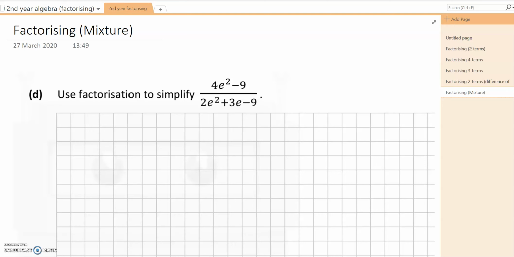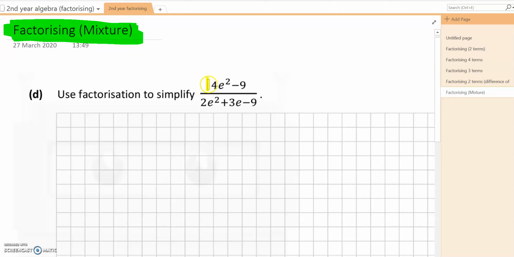In this video, we're going to take a look at factorizing using all the different methods we've already looked at, but maybe one or two of them in the same question. So there's a mixture of the different types of questions in one question. And let's take this question that came up a couple of years ago in the junior cert as our first